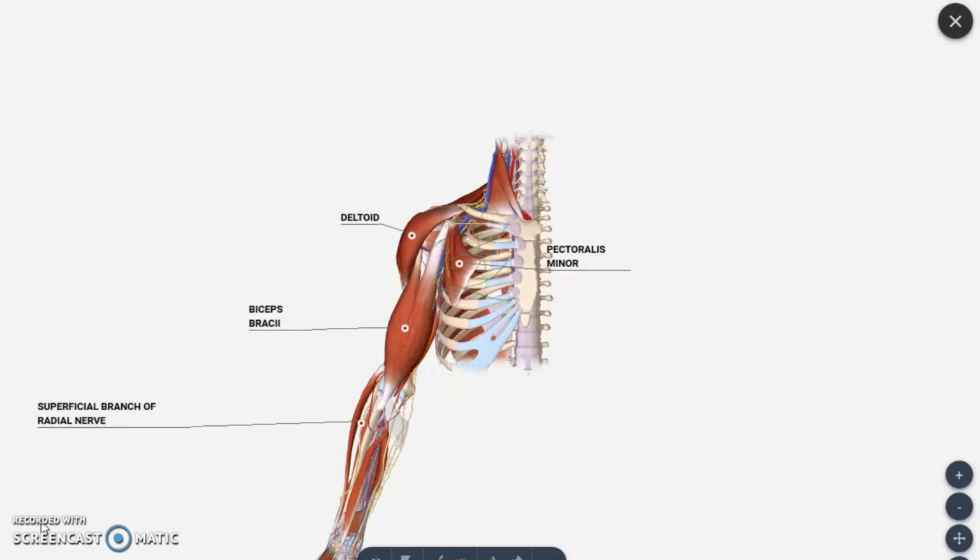So in this session we are going to see a detailed account of the arm region that is present between the shoulder joint and the elbow joint. So here we will be having a joint called the shoulder joint, and here we will be having the elbow joint, and between that we will be getting one region which we will call the arm region. Anatomically we will call this arm region the brachium also.